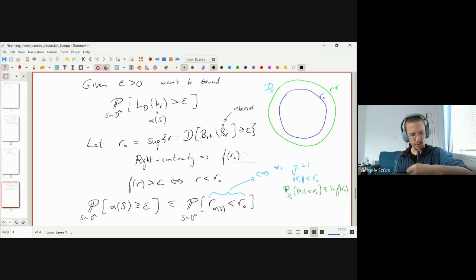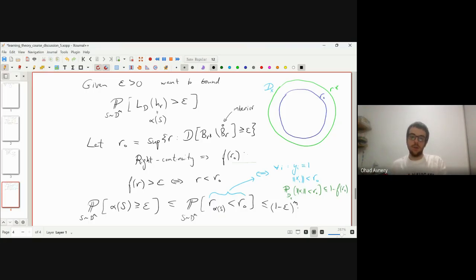Okay, so I think with this, we do get that. So basically, we're trying to get a bound on this probability. It's like 1 minus epsilon, and then for the m points, it's like 1 minus epsilon to the m. And then we bound this by e to the minus m epsilon, like in the notes, and this shows